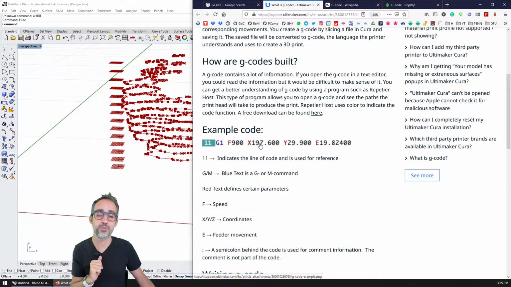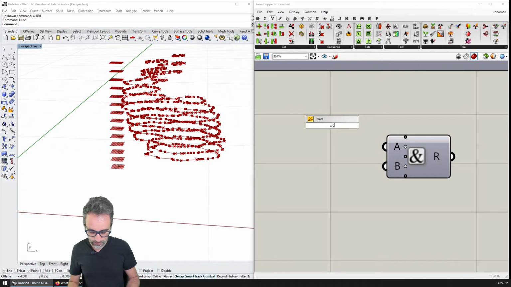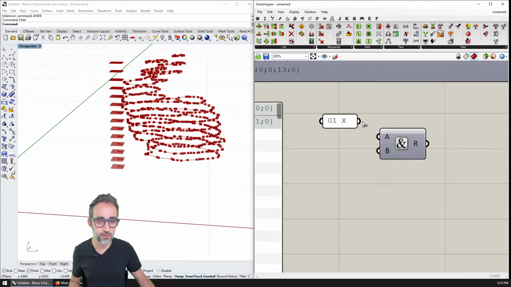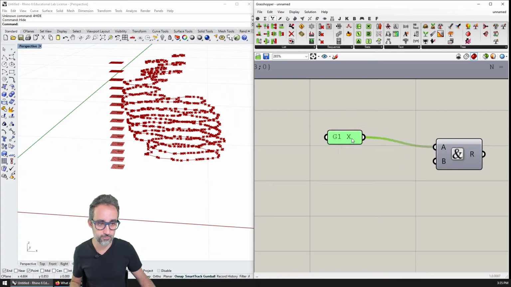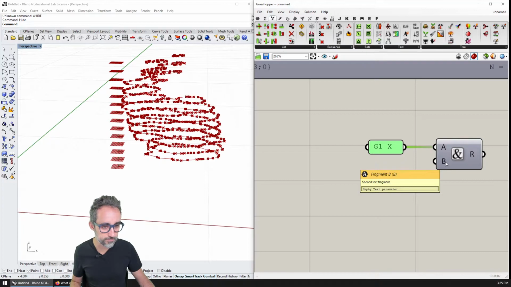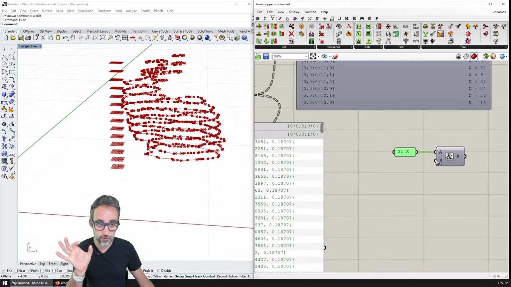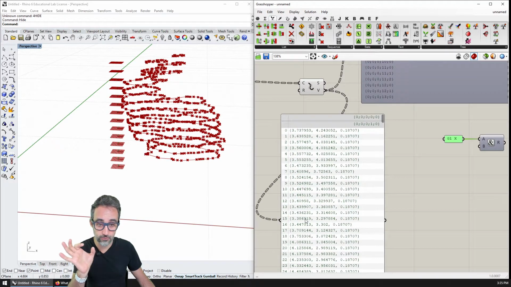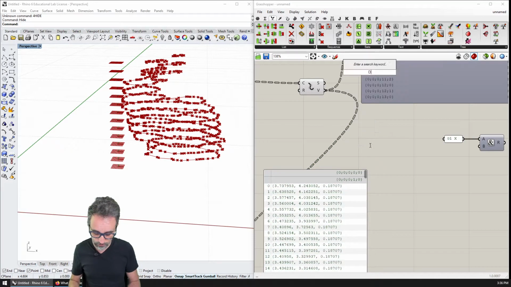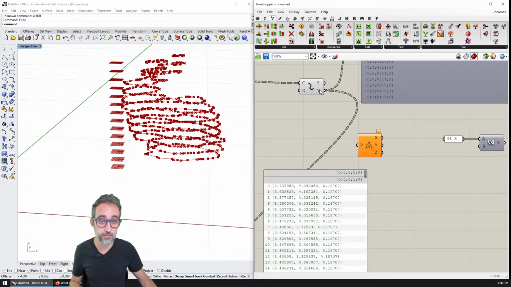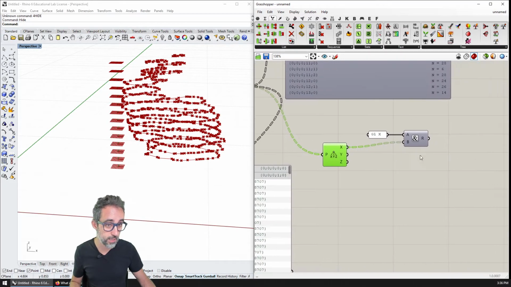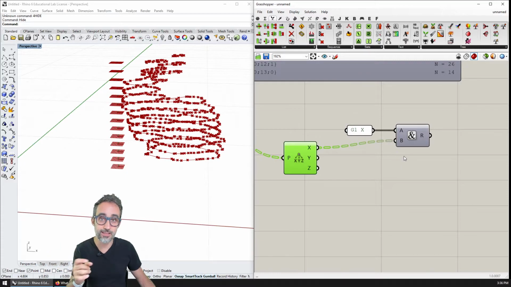I'm going to do the X coordinate, so I'm going to write G1, space, and then an X. And this is going to be hard-coded, so I'm just going to leave that there. Then the second parameter that I'm going to join is going to be the X coordinate of each one of these points. For that, I will need to deconstruct the point and get the X coordinate and plug it in here. Now, I need to concatenate more stuff in here.